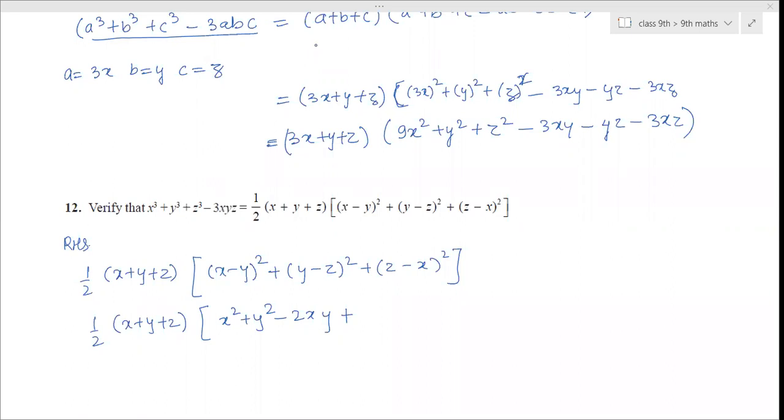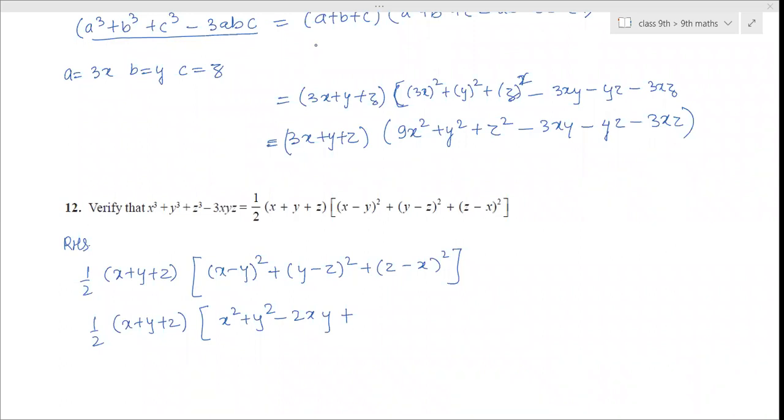It is this thing. Y square minus z square. Very good. Go and again read in class 8th only. Stay in class 8th only. After solving 12 questions, you do not know a minus b whole square. It is a square minus 2ab plus b square. Then why are you not able to find the y minus z whole square?